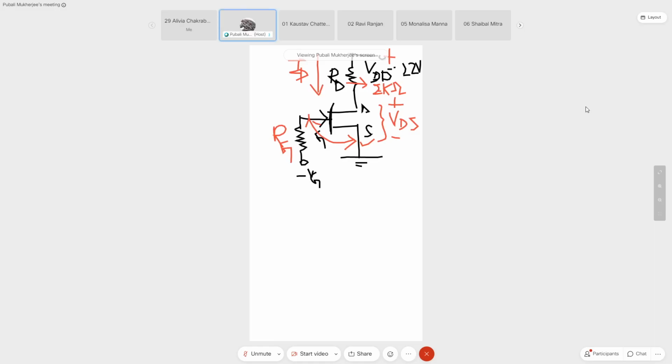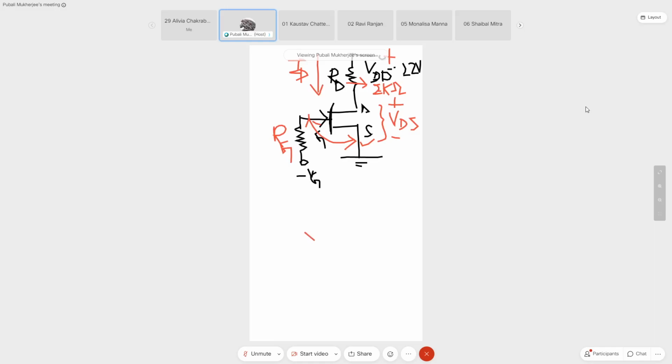So you see the coordinates for drawing the drain characteristics are VDS and ID. Like in case of your BJT, let me keep correlating with what we have done for BJT. In case of BJT, the output parameters for which you had drawn the output characteristics were VCE and IC, right? So you had to formulate the equation of the load line which involves these two parameters, that is VCE and IC. So similarly, in this case, the output characteristics, I'll draw it for you once.